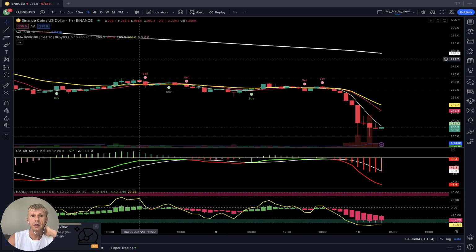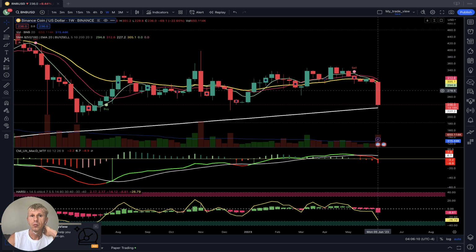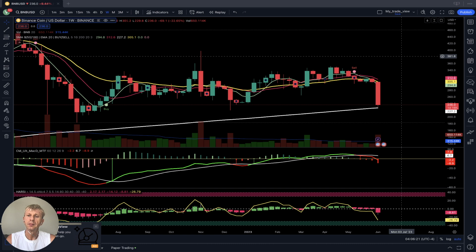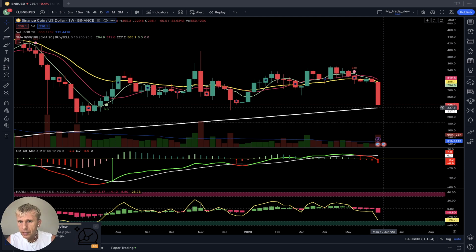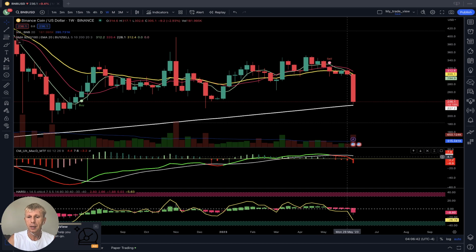And Binance, let's see Binance. Let's see last bar, minus 22.5% weekly, huge red bar. Looks like it touched 200 and it will bounce. It's possible it can bounce from 200 because 200 strong support. We'll see. It did touch 200. We will see. Yeah, it touched 200 on weekly time frame. It should be very strong support. Should bounce from this point. MACD red, Heikin-Ashi, RSI all red on weekly time frame.